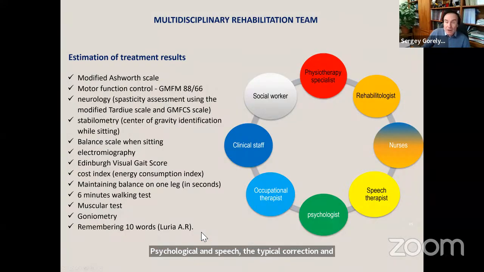So this is the multidisciplinary rehabilitation team, which includes physiotherapy specialists, rehabilitologists, nurses and clinical staff, speech therapists,